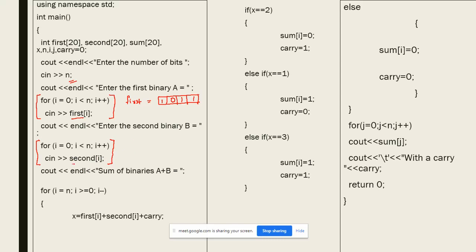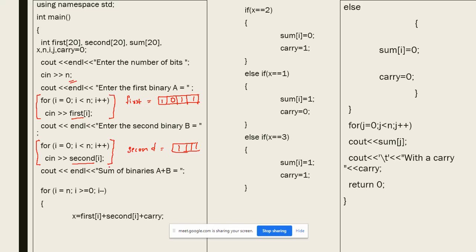The second binary I have just named second, and this will also create a memory space, say 4-bit if I have given n as 4, and during every iteration the number will be stored into this. This is the syntax which we use to store numbers into a binary.